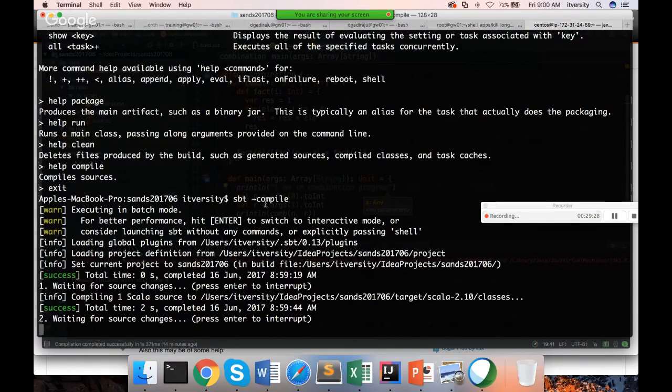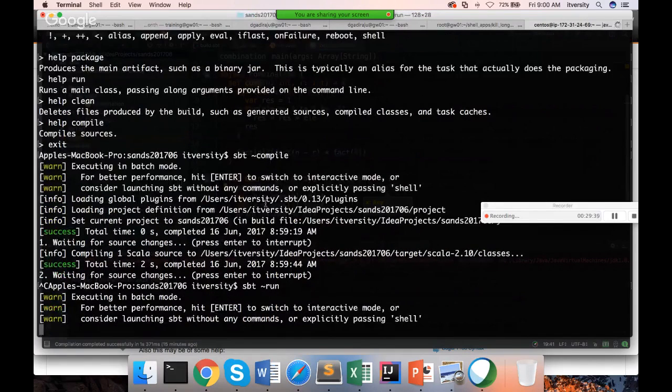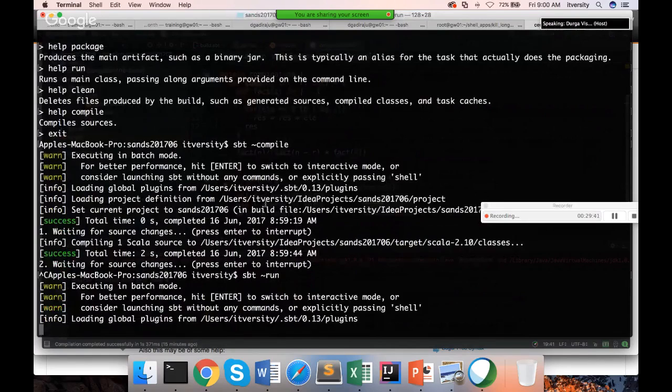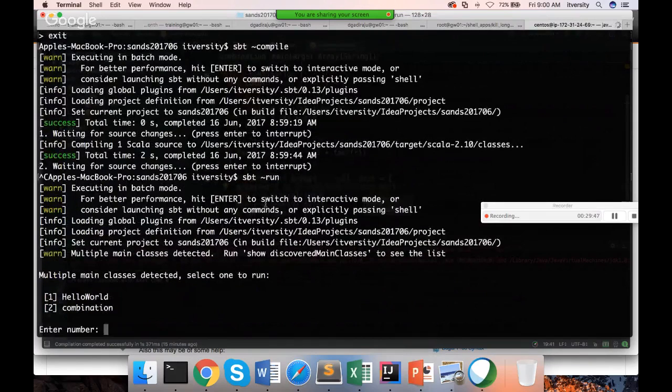I think we also have tilde run rather than just compile. Let me see if it is there. So what tilde run will do is, if you have only one main function, it will automatically pick that function and it will start throwing the output of that function. Okay, here we have two, that's why it is asking what we want to choose. And if you choose one of those, and if you keep on making changes to your application,